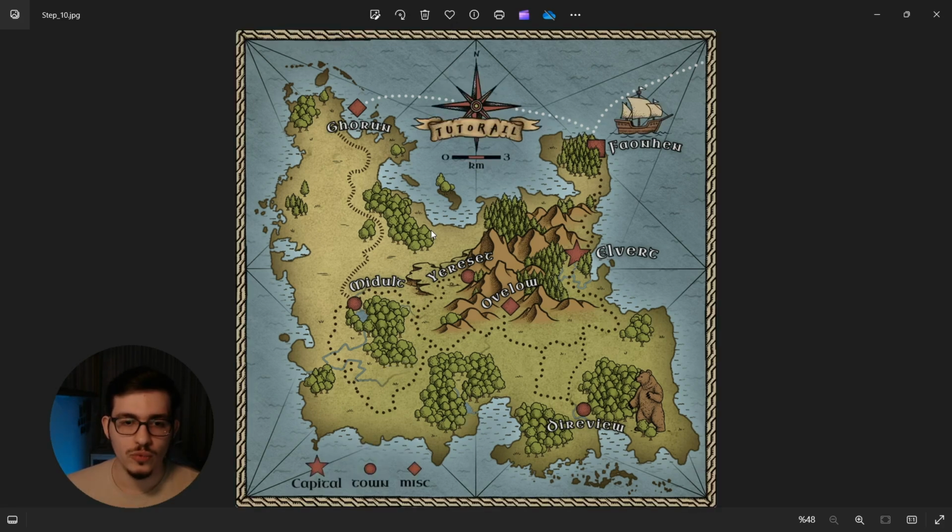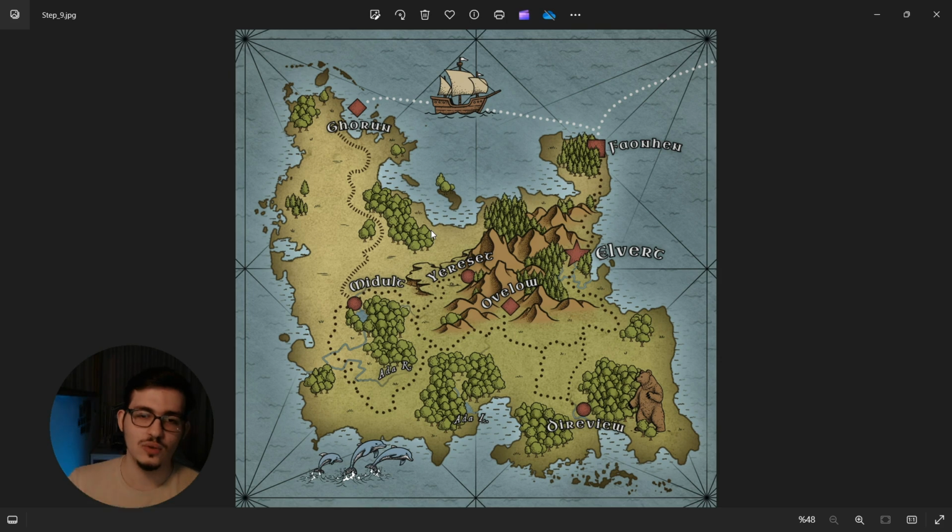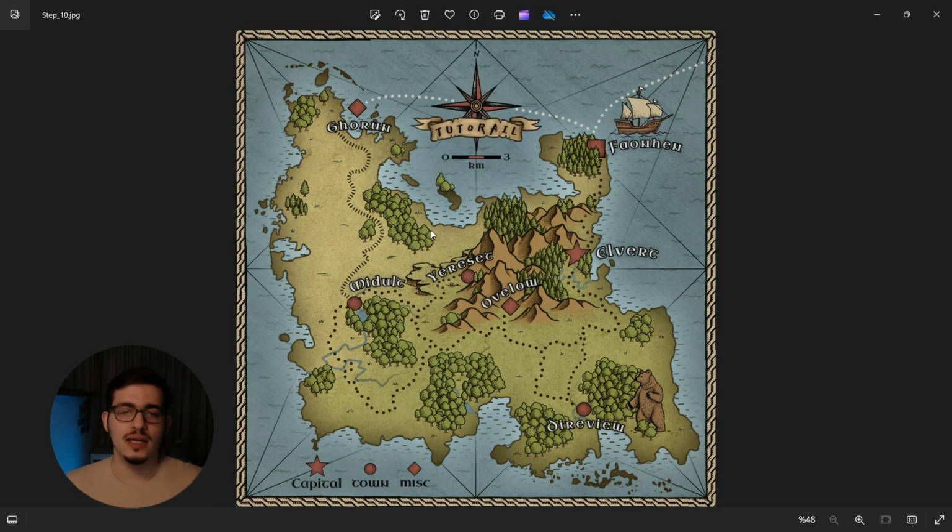So moving on with the final step, once you are done with all the monsters and all the details that you added that will have a more mappy feeling, the final step can be adding the compass, the font, the title of the map, and the map key and the frame. And once you do all of these things, you will have a map ready to use, finished.